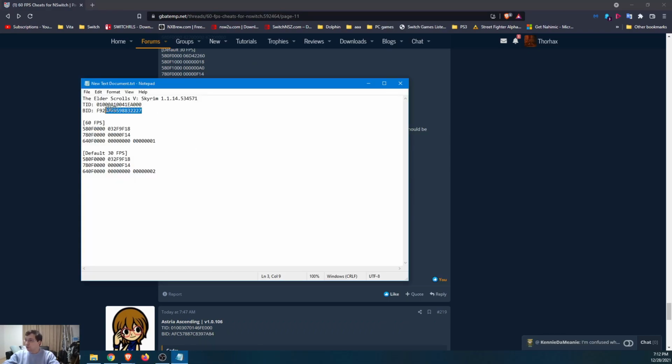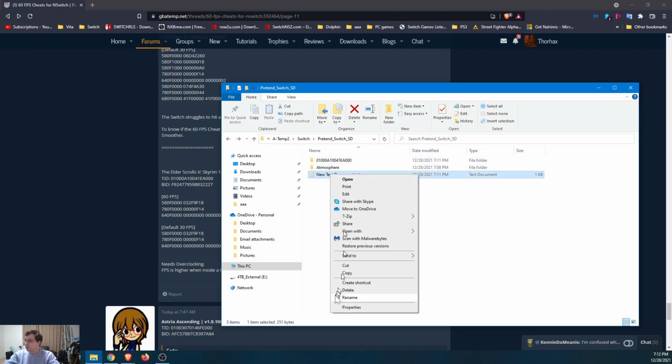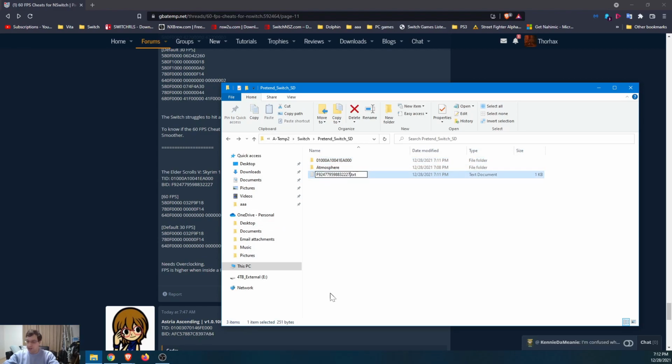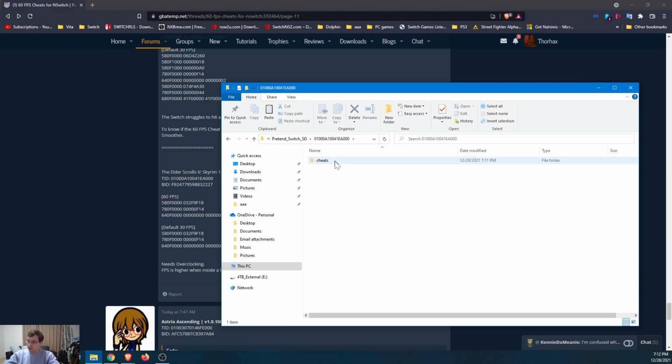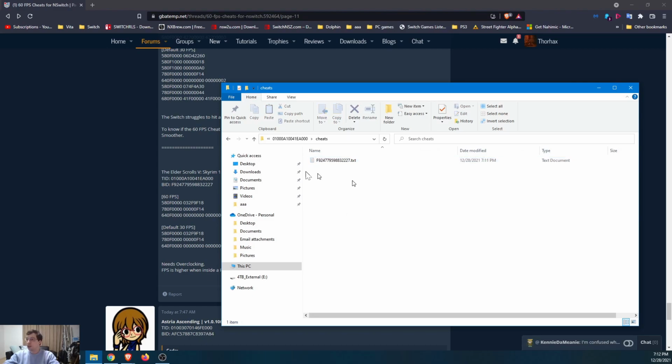So anyways, we want to highlight our BID, copy that, close our text document, because we need to rename it to this BID. And you can just leave it as .txt. That's perfectly fine. So we need to cut this. You can copy it as well. I just do cut because you only need one. Move it into the cheats folder that we just created. And